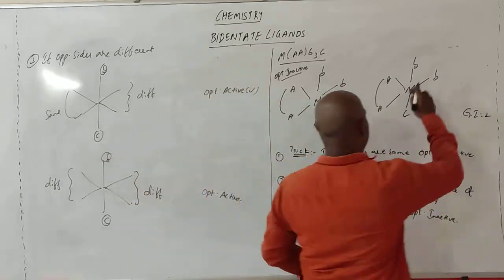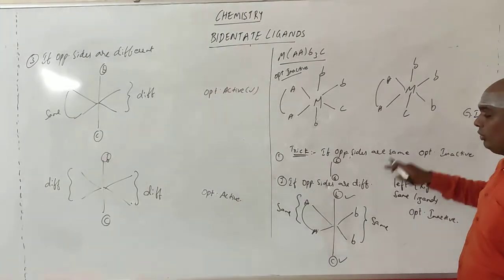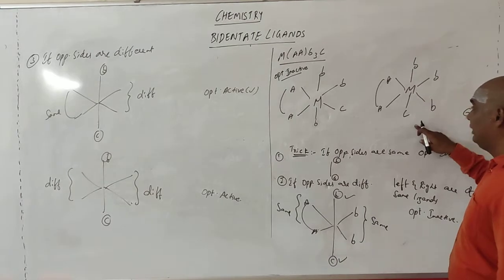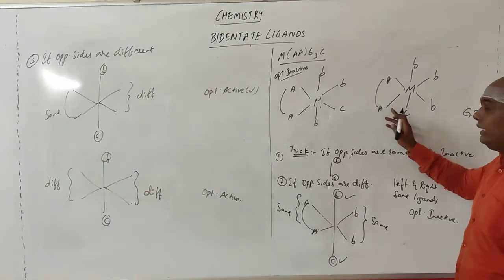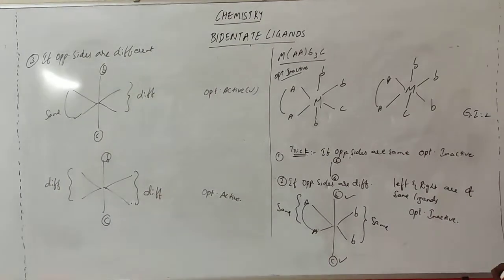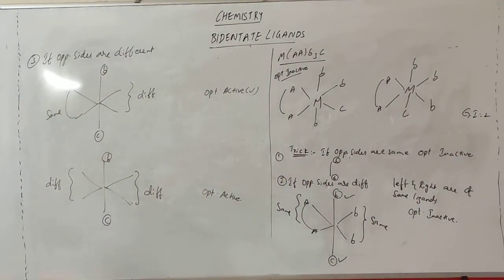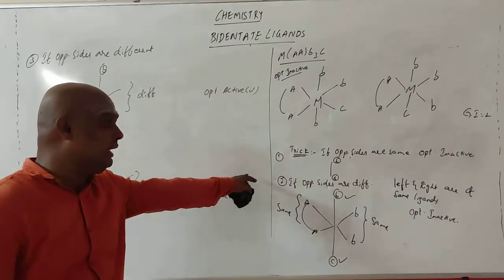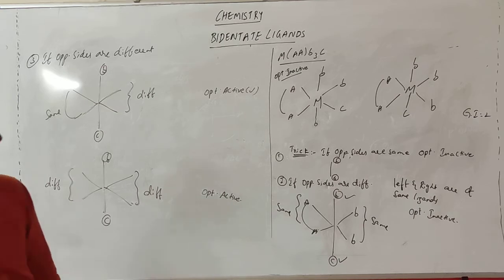If opposite sides are different, see, opposite sides are different. So this first one is not very familiar because opposite sides are different. So going on. If opposite sides are different, okay, different. Same is same. This one is same and this one is what it should be? It should be optically inactive, right? It is optically inactive. Same sides are there. Okay, so what will be having? So it is also optically inactive compound. Let me look over this. Right. So no optical isomers. No optical isomers are present.